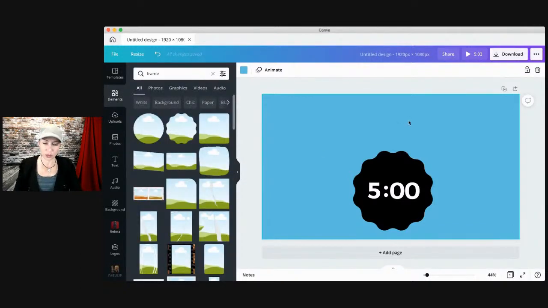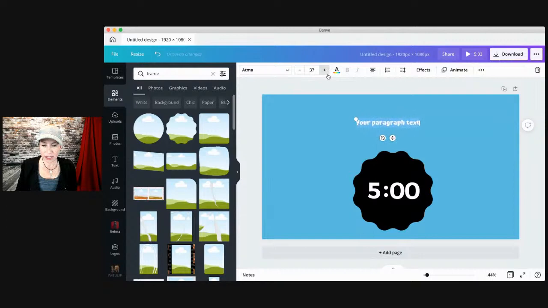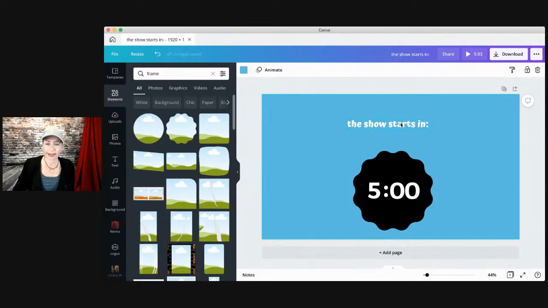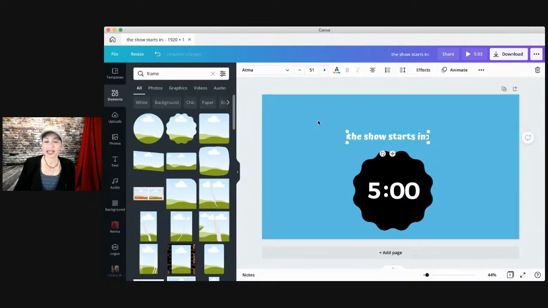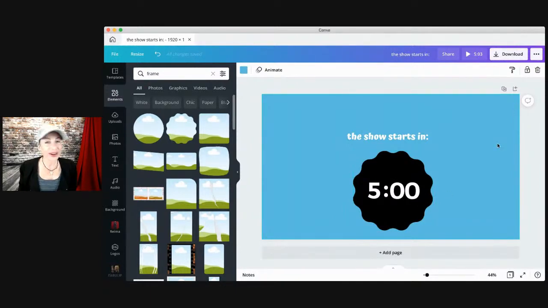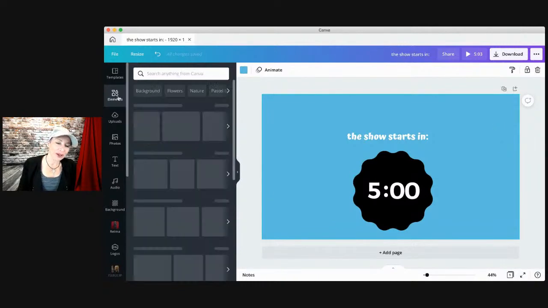Oh, actually, here's what I want to do. I want to put some text in here. I'm going to make it big so we can see it. And I'm going to have it say, the show starts in. Now, when I download this, it will look like this and the countdown timer will play as a video. This is generic. It's not branded yet, right? I mean, it has some of my colors in it, but let's say I want